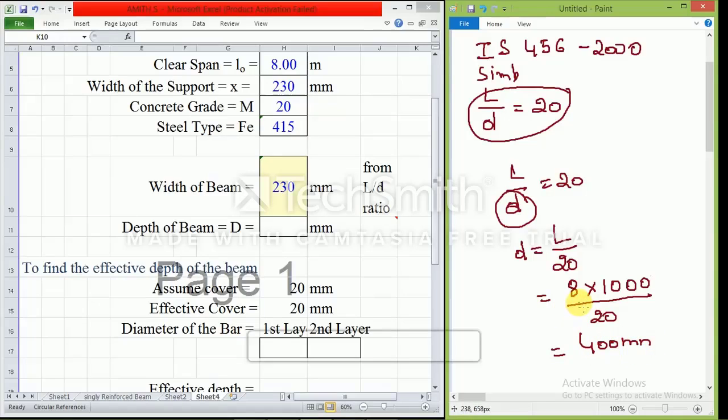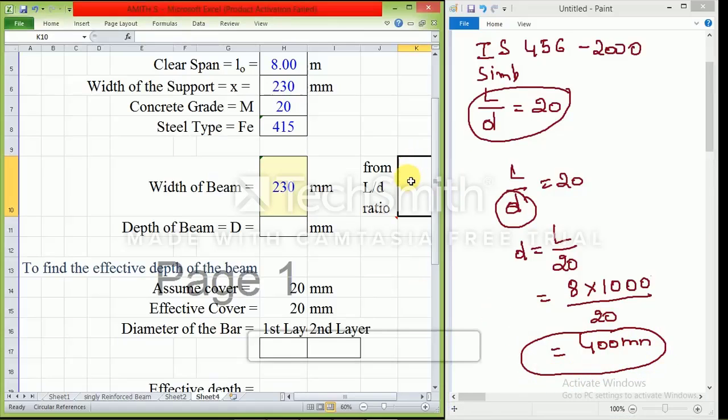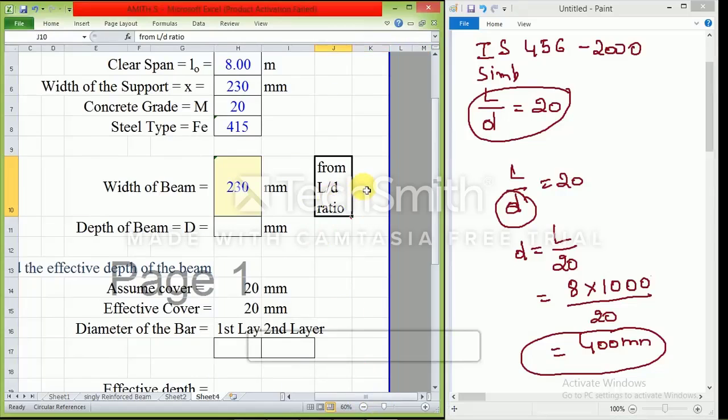This I have to prove here. I'll just apply it here. For the L by D ratio, first I need to press the equal sign and open a bracket. L by 20. What is L? I go here, 8, H5 means H, and this is 5.